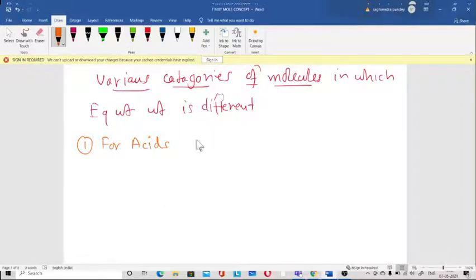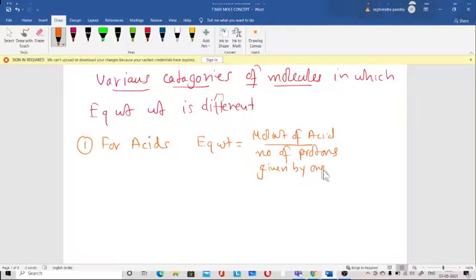Equivalent weight is equal to the molecular weight of the acid divided by the number of protons given by 1 mole of acid. Now for example,